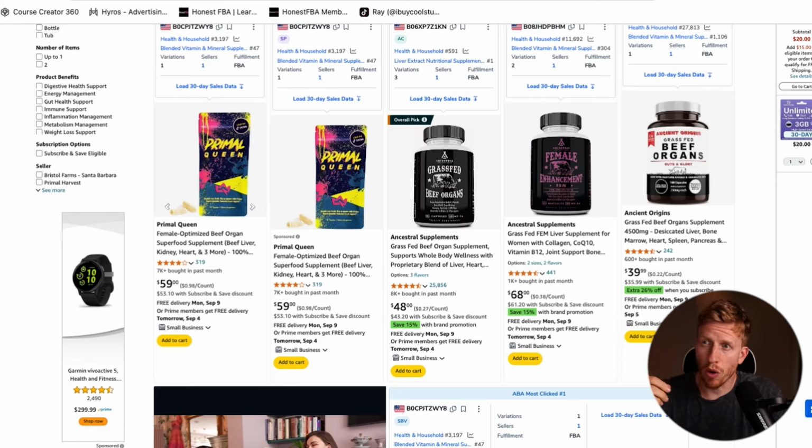What most people don't realize is that a lot of supplements are actually still sourced in China. The raw ingredients are sent from China and then packaged up in the US market. And then on the box, it will say made in the US, even though those ingredients are from China. Now, this is not the case for this product, because I think this product, because it's beef, is sourced in